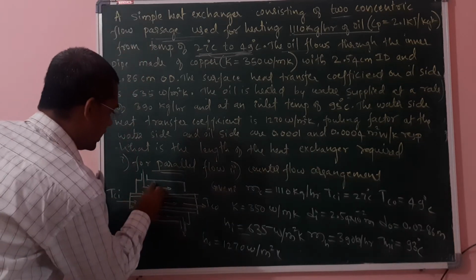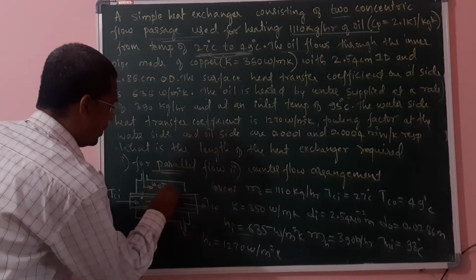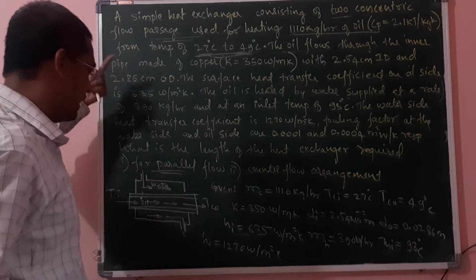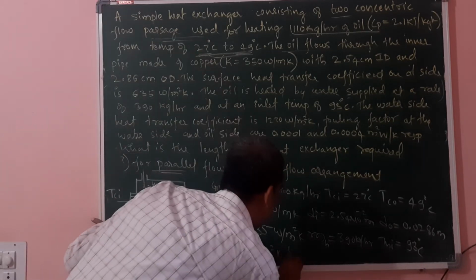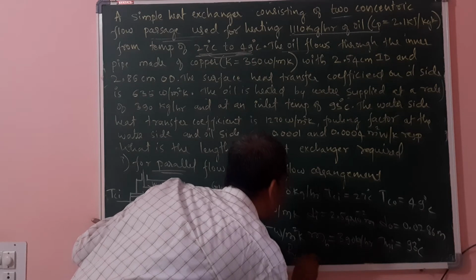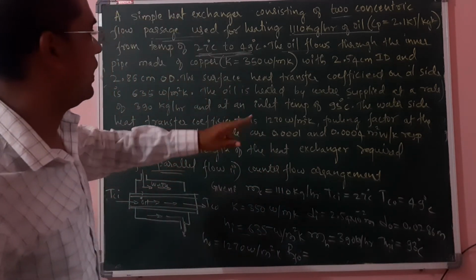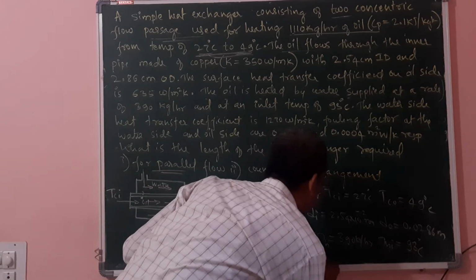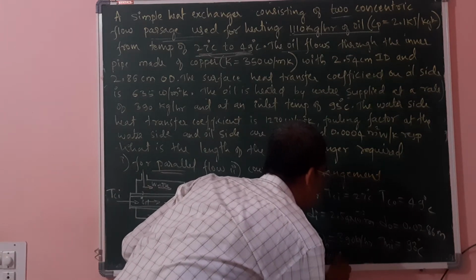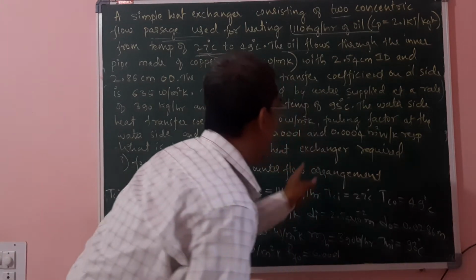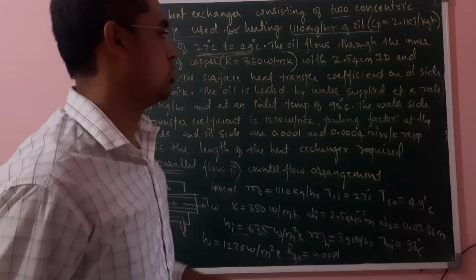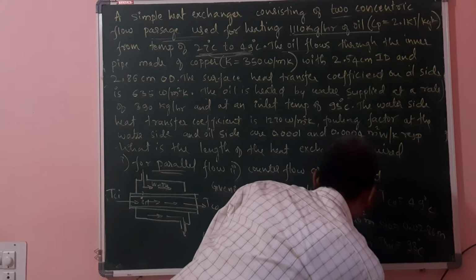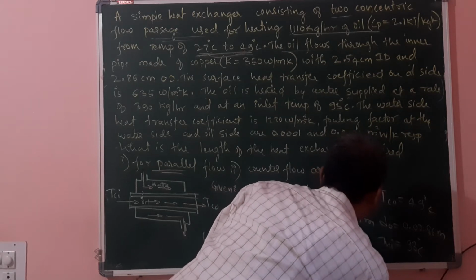Here there is water, and here inside there is oil. I will write water side as outside. Therefore RF0, the water side fouling factor, is 0.0001, and its unit is meter square Kelvin per watt. RFI is equal to